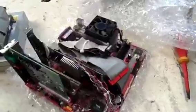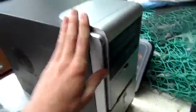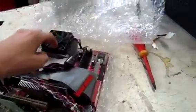G'day everybody. Well, for today's bit of computer fun, we're going to be fitting the AMD Athlon mainboard into a new case. I may have featured this in the same video as when I originally powered it up, but this was an old Core i5 Intel. I don't know what the case is made by, it just looks like a generic Windows one, but anyway,